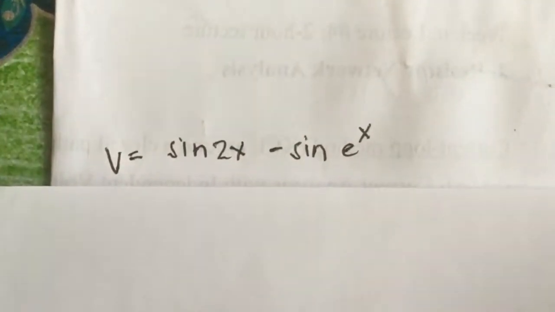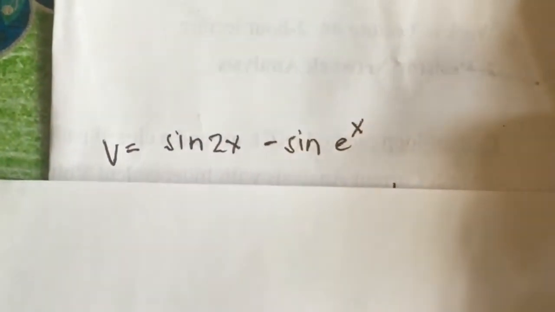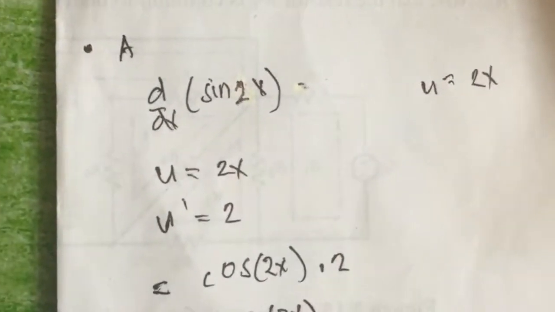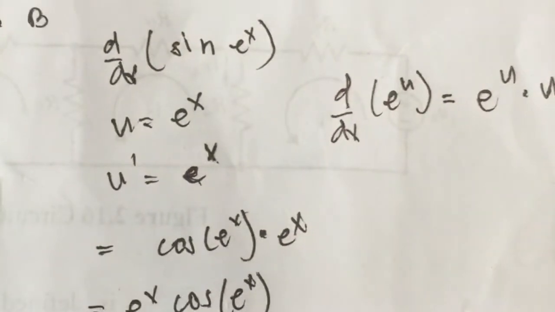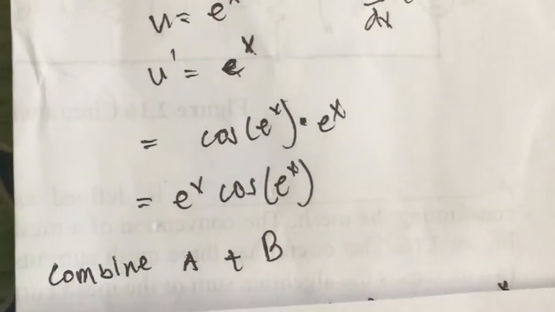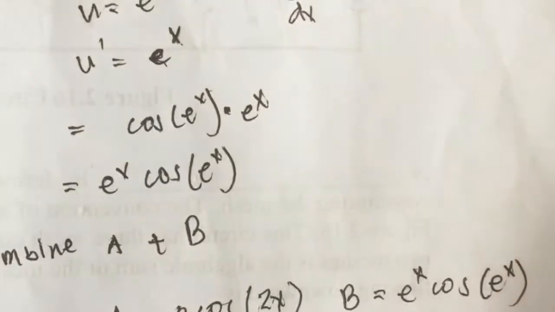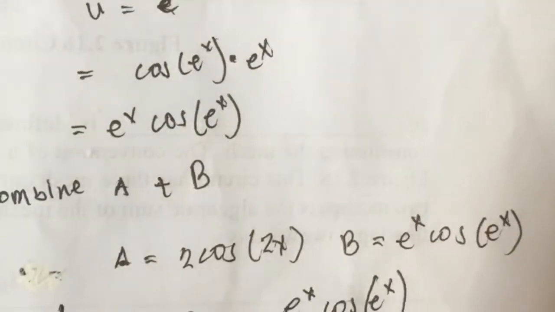So now we will differentiate the v as we finished the u prime a while ago, and now we have trigonometric here and a difference quotient rule. So the formula of it is there, and then we can follow it. And the first differentiation of a is 2 cos 2x, and the differentiation of b, which we represent, is e to the x cos of e to the x, and then combine a plus b